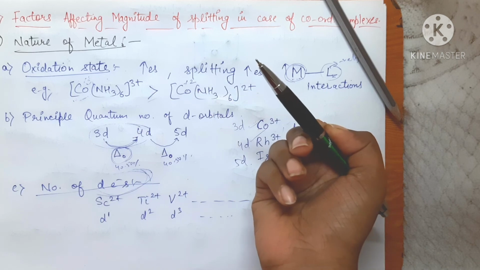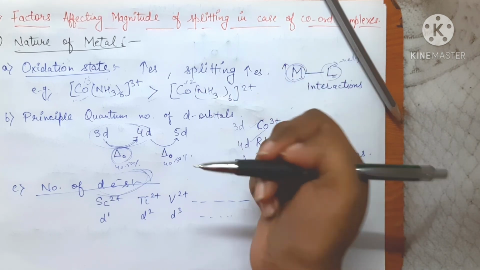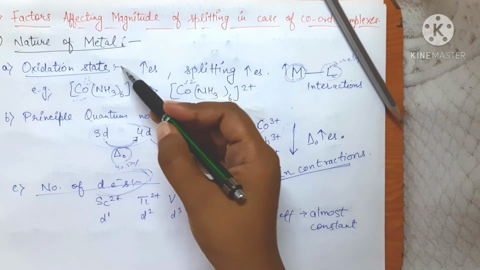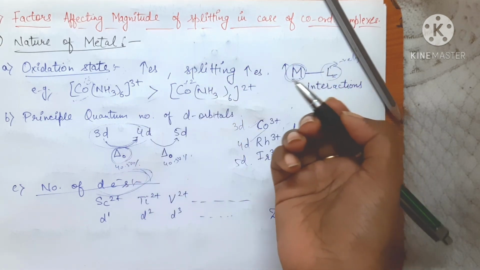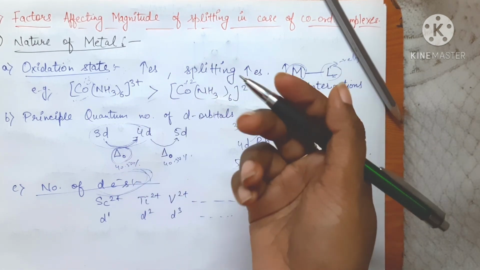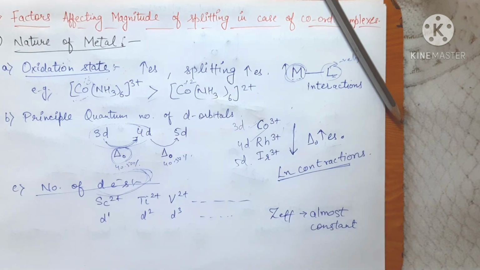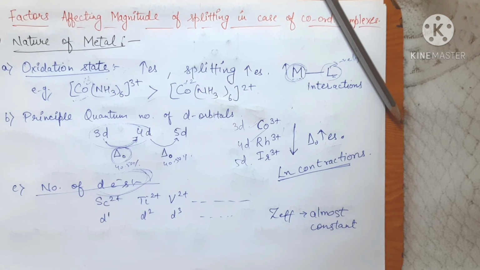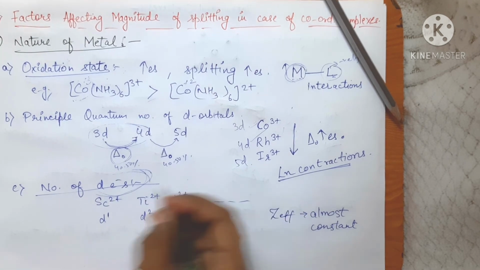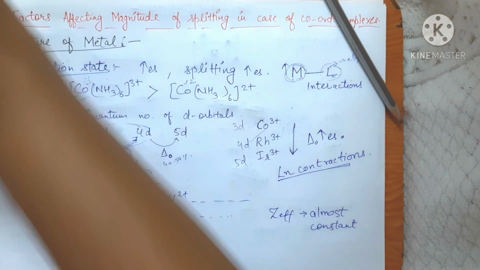Now for looking at the splitting, we have to majorly see two things: the oxidation state and principal quantum number. But if a question arises in which both oxidation state and principal quantum number are changing, then how to look for the answer? Suppose 3 compounds are given in which 2 compounds have different oxidation states and 2 of the compounds have different principal quantum numbers. Then how to do the comparison? For that you can have a note point.